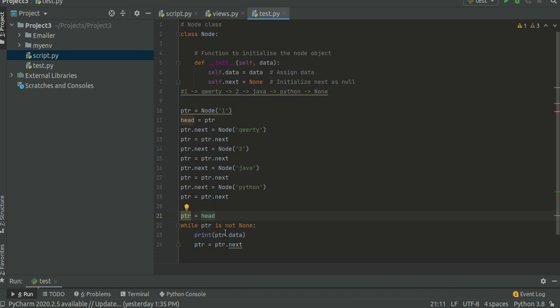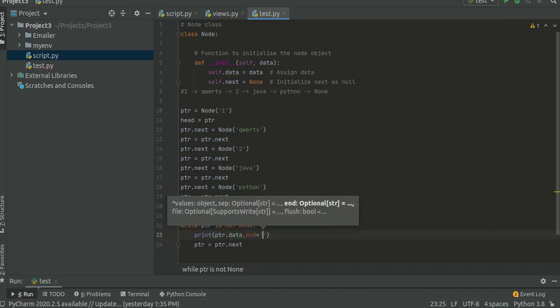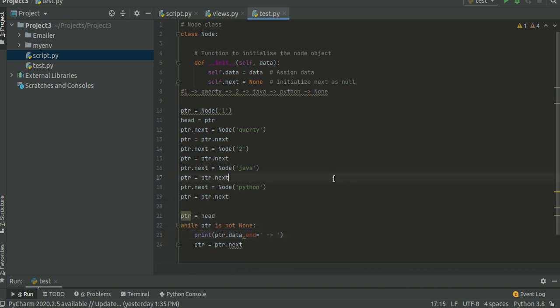Then we iterate over the ptr until it is not equal to None, and print the value one by one, ptr.data.